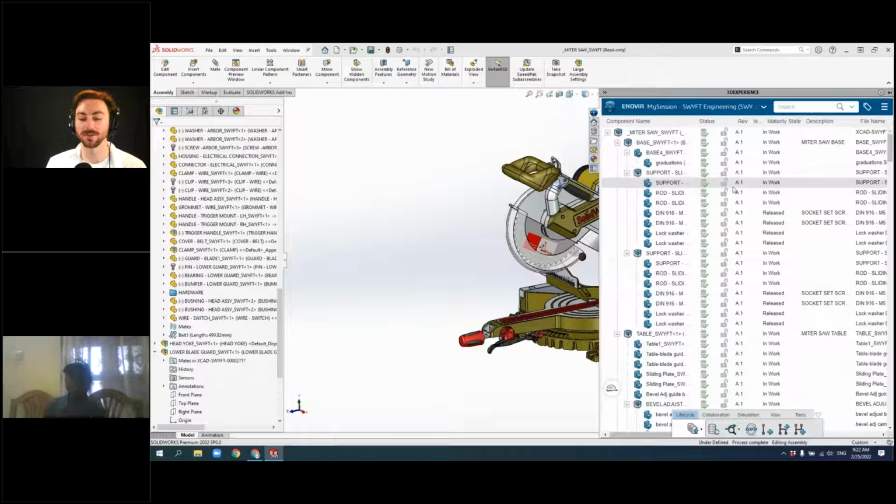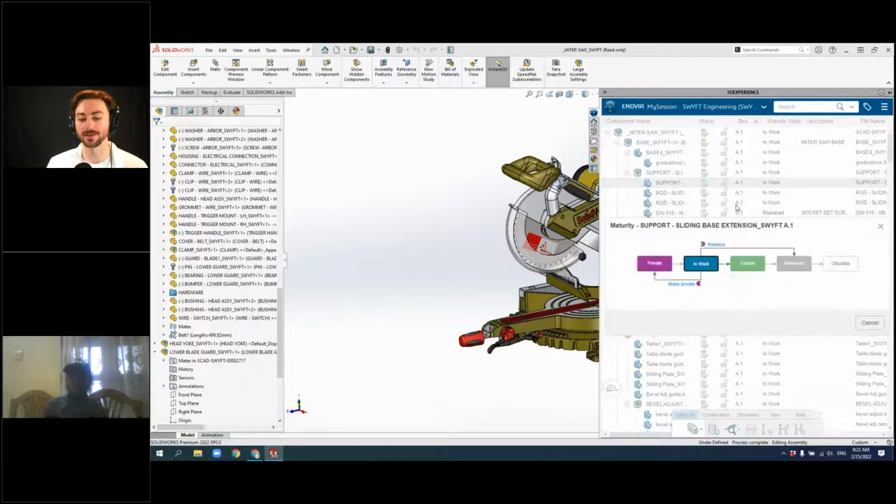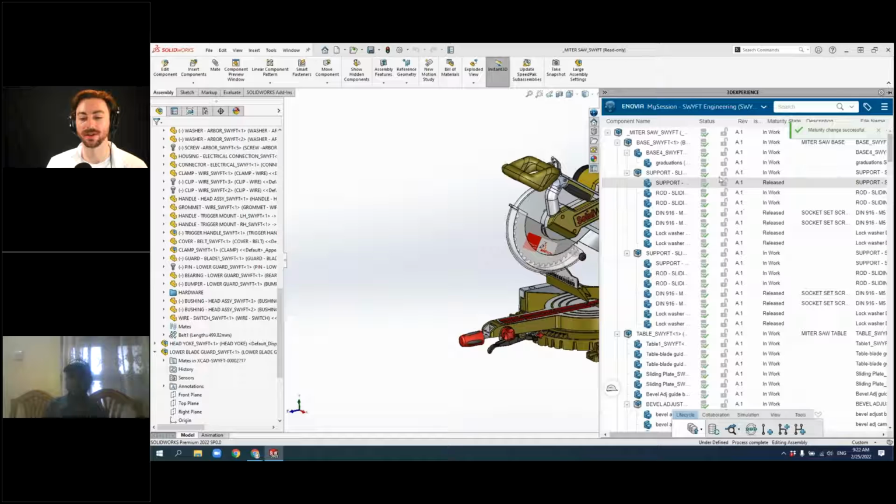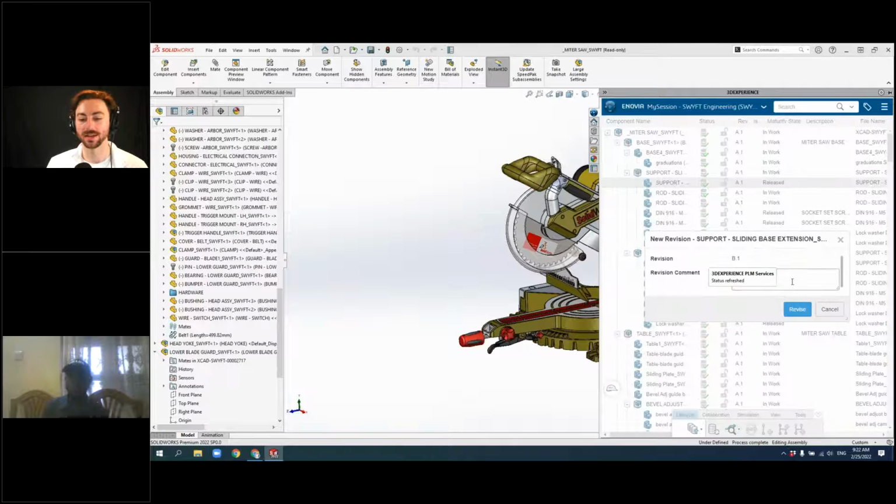So in terms of revisions, you can customize that as well to have a major or major minor. So in this case, I'll go ahead and just show you that really quick. In this case, if I don't have this in a release state, it will increase the minor revision if I increase it. But I have the high enough permissions to just go ahead and release this myself. And then you can see it's released, and I can come in and choose to create a new revision of that component as well. You can give a revision comment if you'd like, but I'll just go ahead and revise.